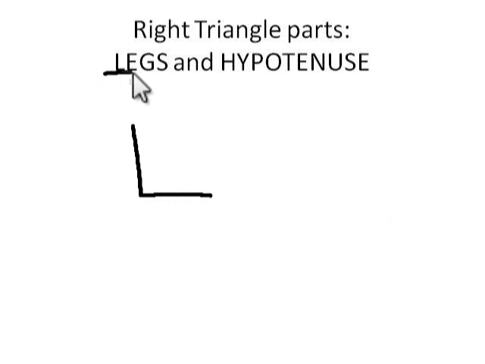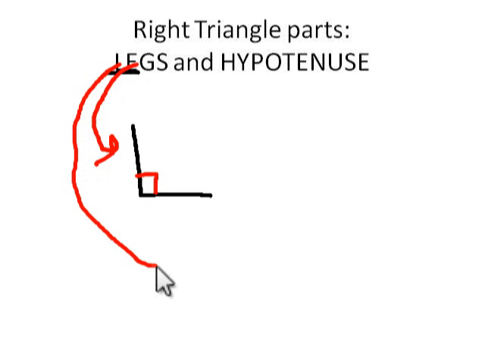And surprisingly, the word legs starts with L. So if this is my right angle right here, the legs are the sides of the right triangle that form that right angle. So there are two legs, that side and that side. They form the L. If I connect the endpoints of those two sides with another segment,